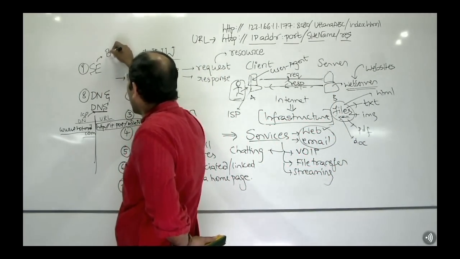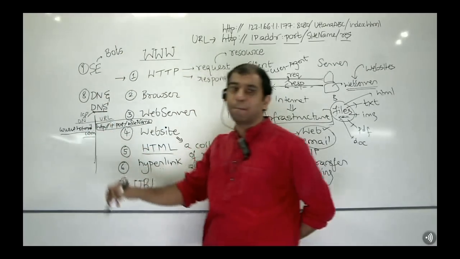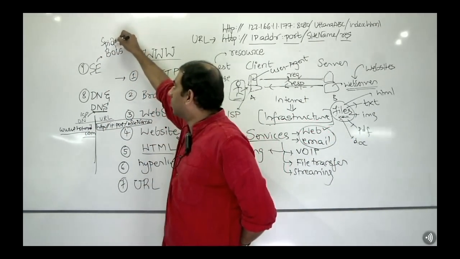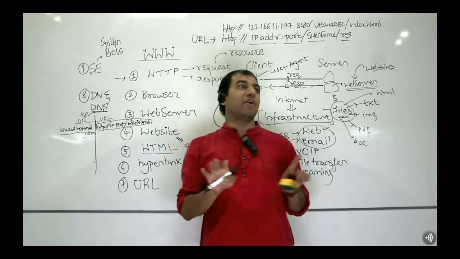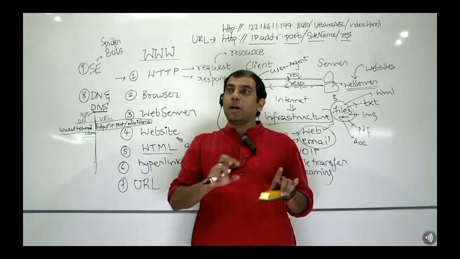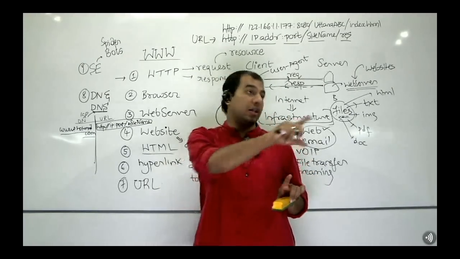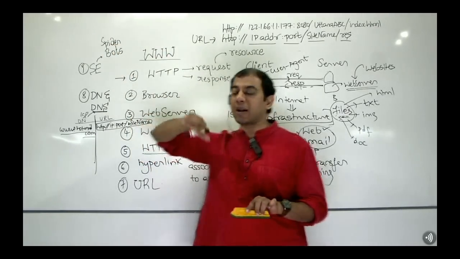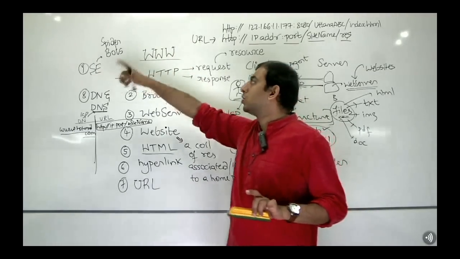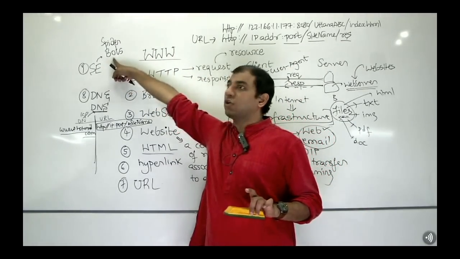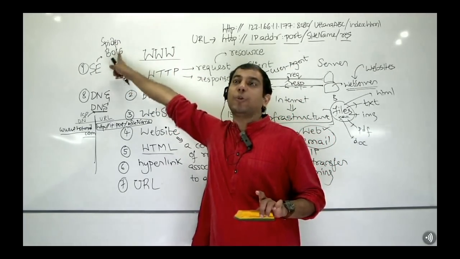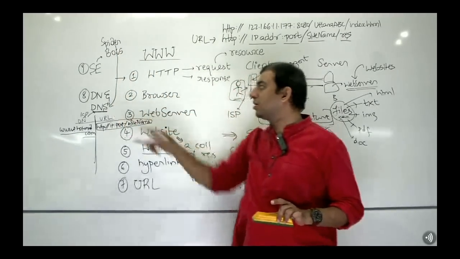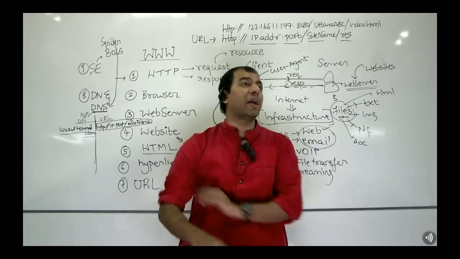All search engines have software called bots. They are called spider bots. How do spiders move? If you look at the way spiders move, they move on the web, isn't it? It crawls, right? Wherever the web is there, it can crawl to that place, wherever the connections are there. So, all search engines have software called spider bots. What do spider bots do daily? Daily, they go and interact with ISPs, domain name servers.